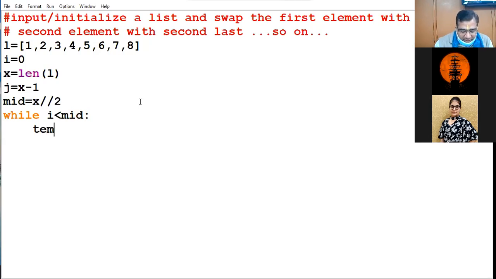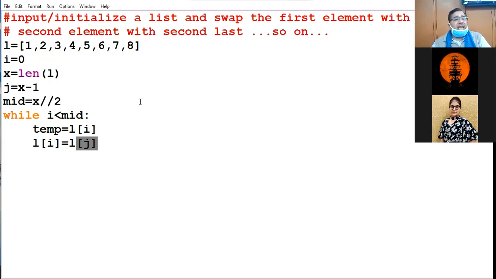So first of all, the element which is lying at i, at 0 index, place it in temp. Now use your common sense and tell me what is the value residing in temp. L of i, what is in temp? What is the value of i? 0. What is L of 0? 1. So what went into temp? 1. Now L of i is free to be assigned. What did I assign there? L of j.